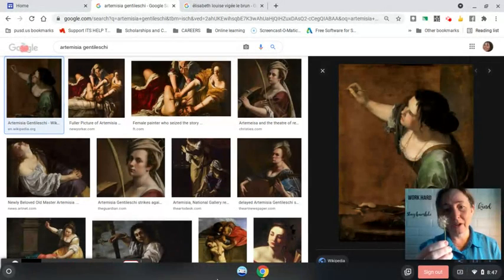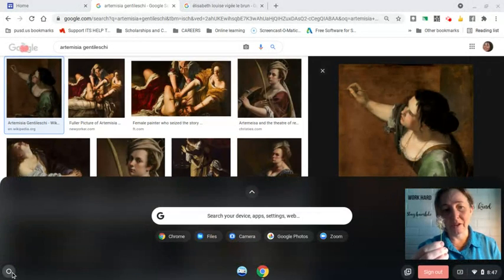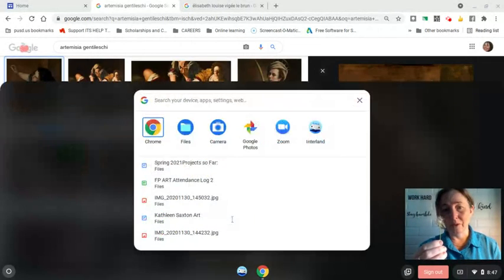If you are on a Chromebook, you could go down to the bottom of the screen and choose the circle icon, which is the launcher. You may see camera already here. It's whatever item was recent. If not, you could type camera.